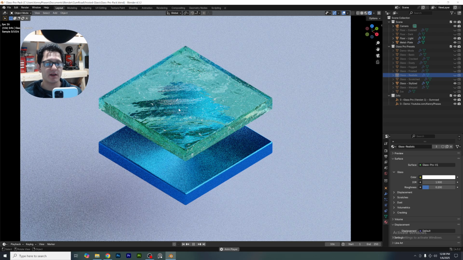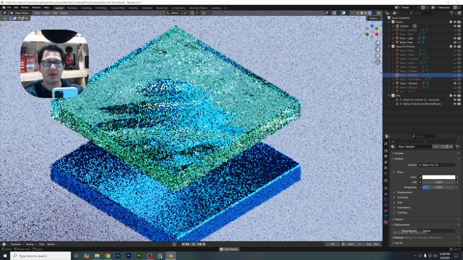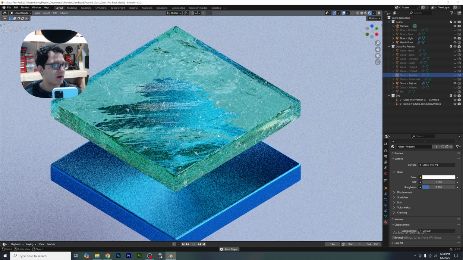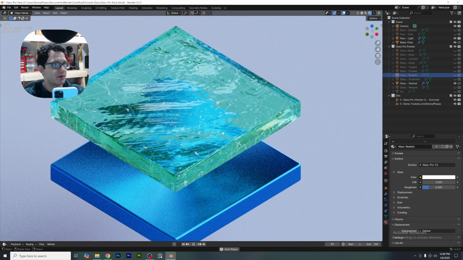So this is, again, a way where we can combine our displacement, our scratches, our dust, and volumetrics all into one thing. And you can see that this does still appear to look like glass, but at the same time, it's stylized, right? It's colored. We have our scratches, our displacement, our surface imperfections. There's a lot of amazing things that you can do with this. And if you play around with it enough, especially with the IOR, you can actually make it look like water